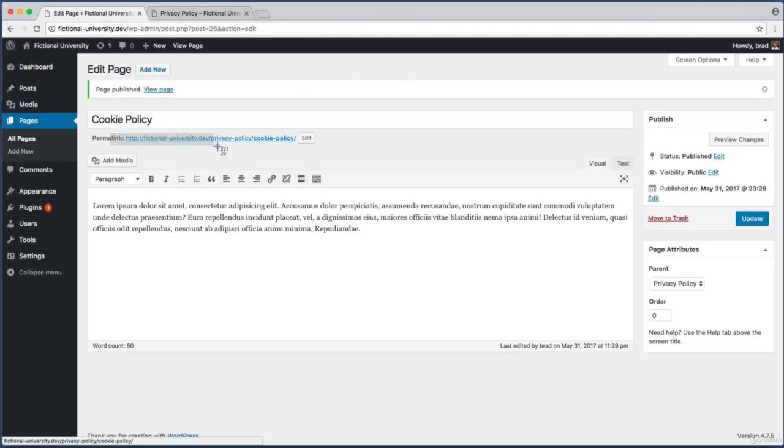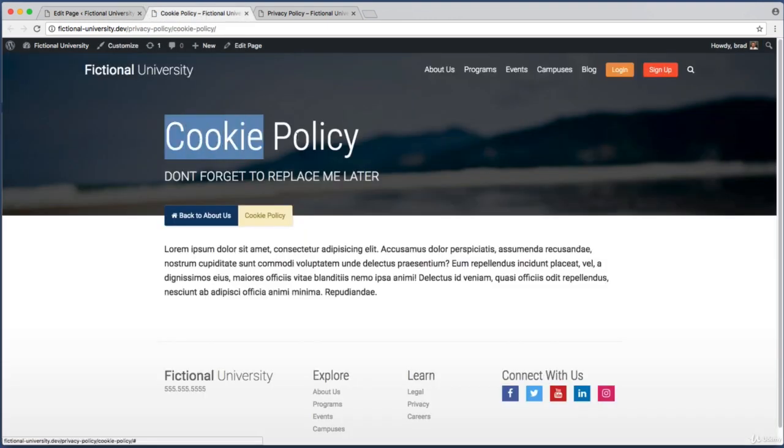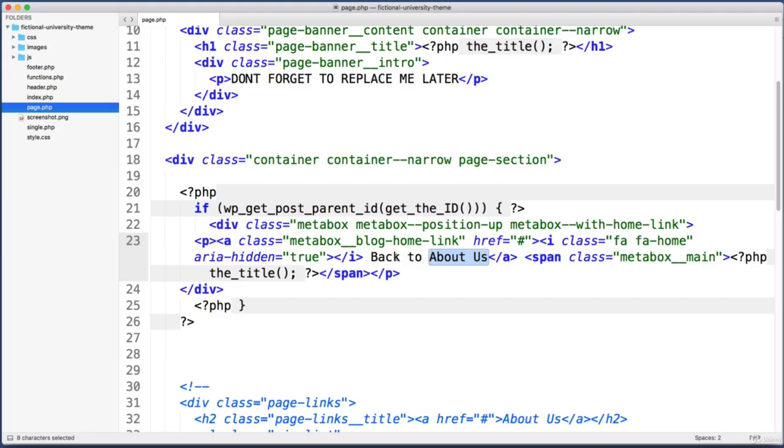And now if I use this permalink here to view that new page, cool, so there's the title, Cookie Policy. But this back to About Us link doesn't make any sense. Instead, it should say back to privacy policy. So right now, let's write a bit of PHP code to make this dynamic. So let's delete this hard-coded About Us, and instead let's drop into PHP, and let's echo out the results of